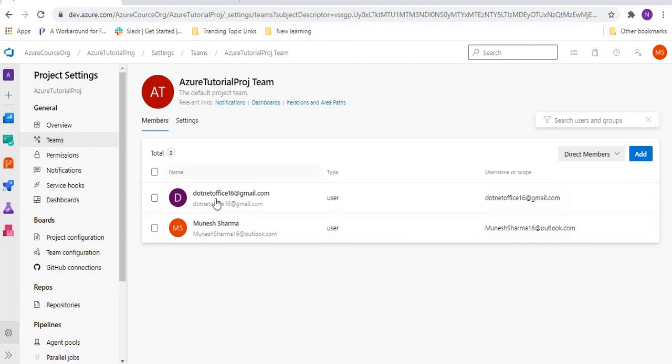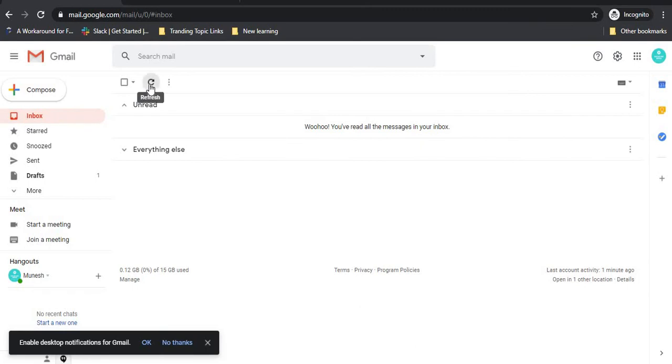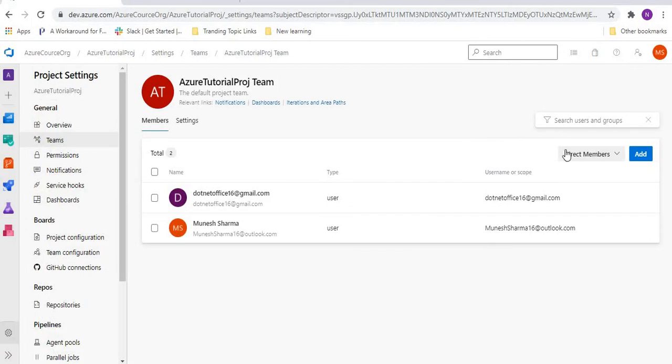Once you add the member here, we get a mail from that particular organization. Currently I didn't get any mail. If you want to resend that mail, I added this member, but I didn't receive any mail regarding this. So what we can do is resend that mail, and to do that, just go to